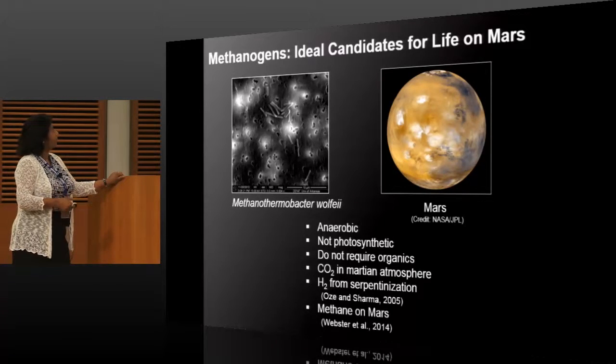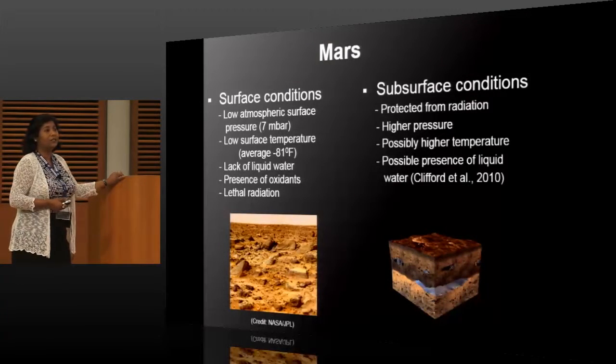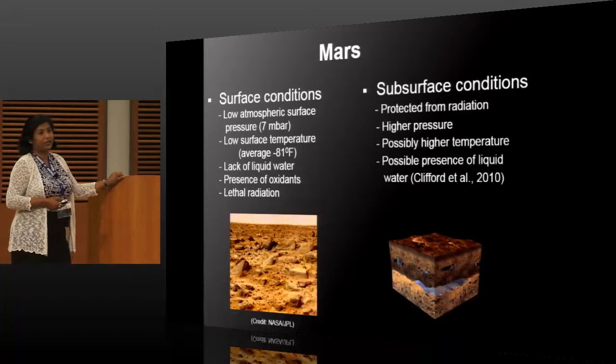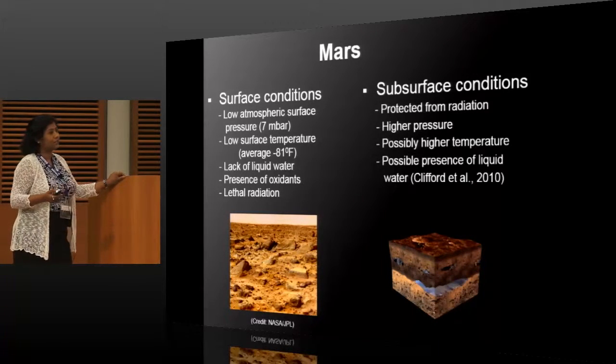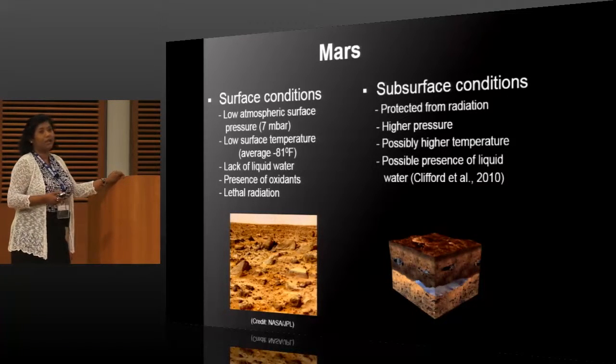Also, we know that the surface condition of Mars is extremely hostile to life because of low atmospheric surface pressure, low surface temperature, lack of liquid water, presence of oxidizing compounds, and DNA-damaging ultraviolet radiation. But the subsurface conditions are different. They are protected from radiation, which will have higher pressure, possibly higher temperature, and water might be present in liquid